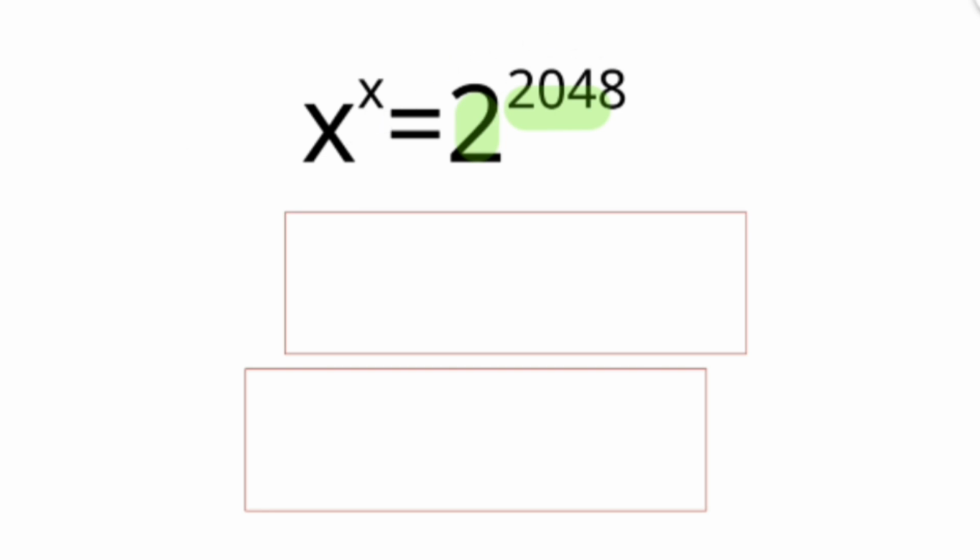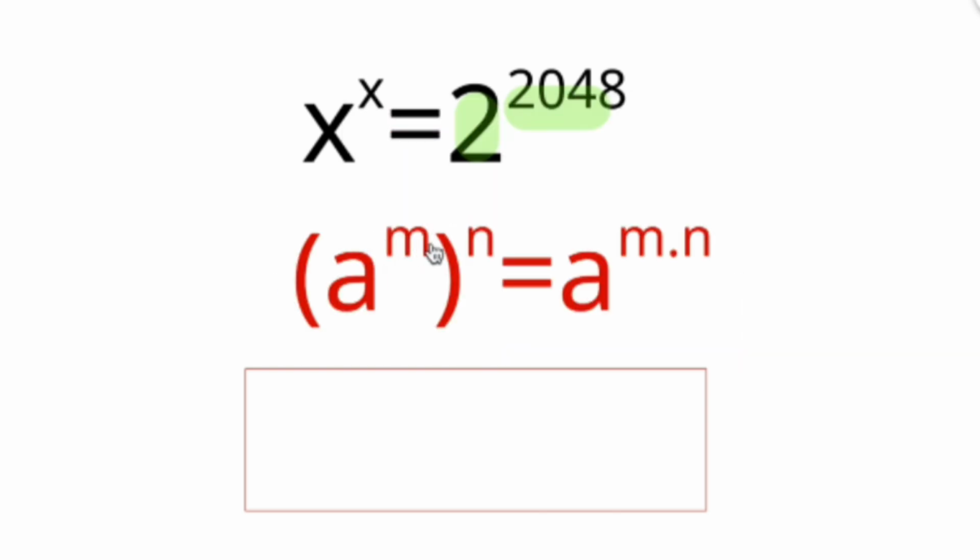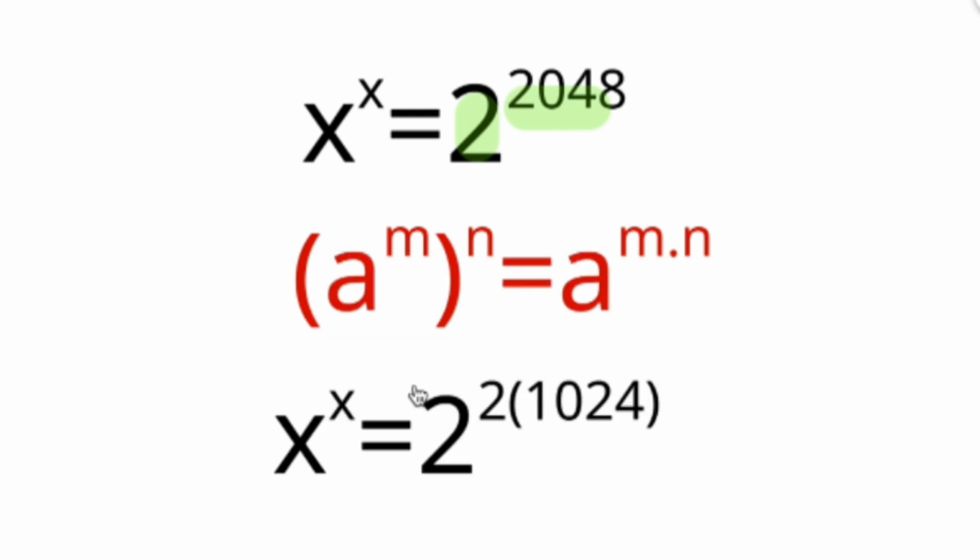Now, first thing we can conclude from here is, let's apply the laws of indices because this is an index, alright? So apply the law of indices. We're going to apply the law that states that a raised to the power m, all raised to the power of n, is equal to a raised to the power m multiplied by n, alright? So applying this law here, we can factor out 2 from this power. Factor out 2 from this power, we have that x raised to the power x, instead of being equal to 2 raised to the power 2048, becomes equal to 2 raised to the power 2 multiplied by 1024,